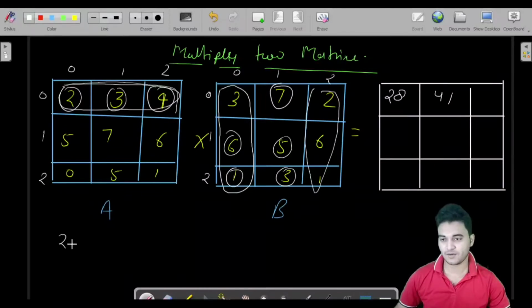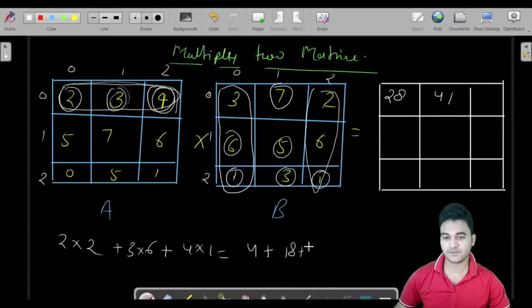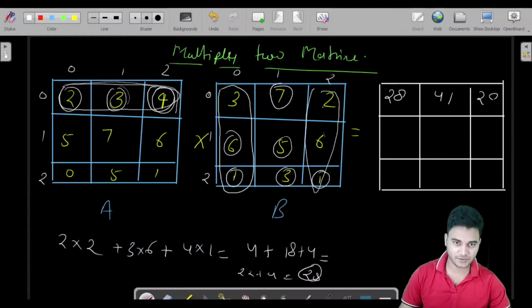So 2 into 2, plus 3 into 6, plus 4 into 1. What would be the result? 4 plus 18 plus 4, so 22 plus 4, it would be 28. So the result for this particular cell is 28.